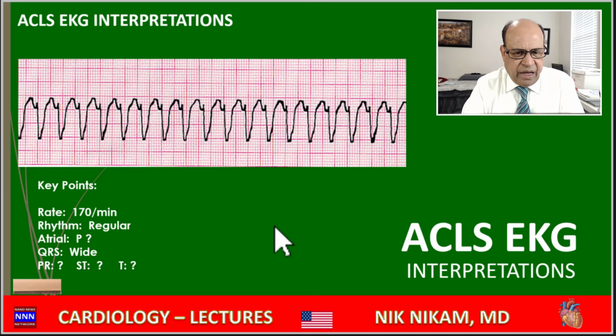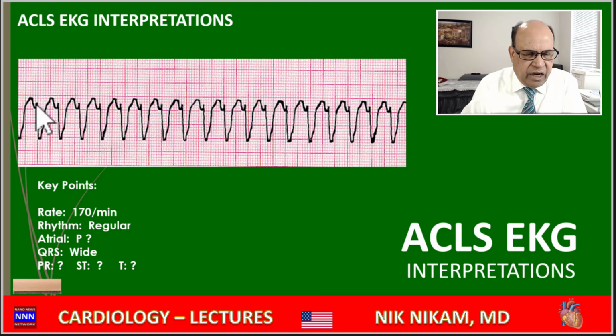All right, what is your diagnosis? First of all, we have a wide QRS tachycardia. So this is not a supraventricular tachycardia. The next thing, we look for any P waves or AV dissociation or fusion beats, which might help us pinpoint our diagnosis of this tachycardia. We don't see clear P waves anywhere here. We don't see any distortion of the various segments of the QRS complexes. So we have a wide QRS tachycardia, which for practical purposes is ventricular tachycardia.